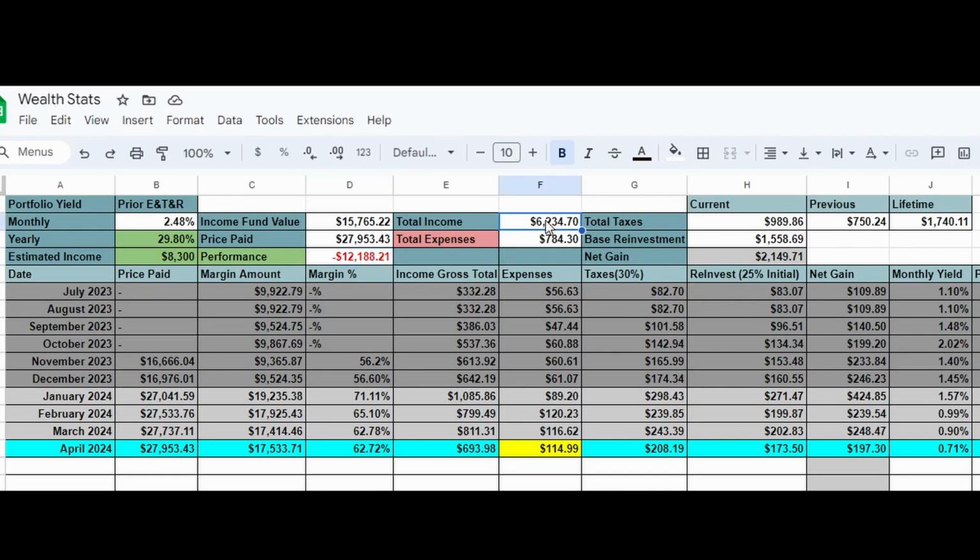Total income. So I've been investing into this style of strategy for about 10 months now, and I've gotten paid $6,234. And this is the total expenses, $784.30. So by only paying $784.30 to get $6,200, that seems like a pretty fair trade-off to me. But again,